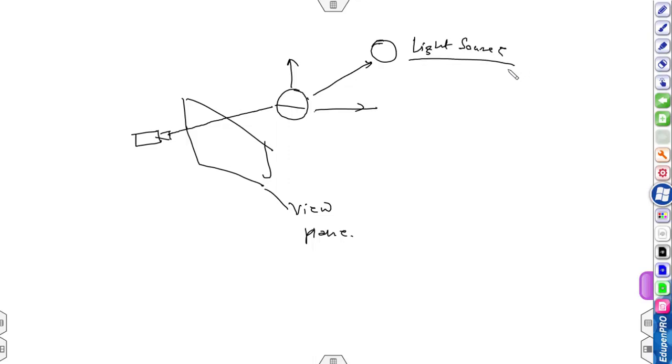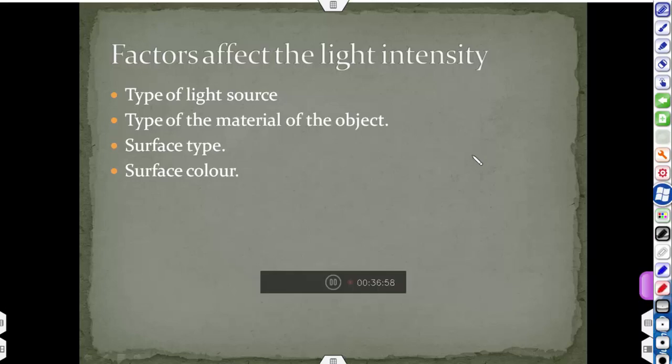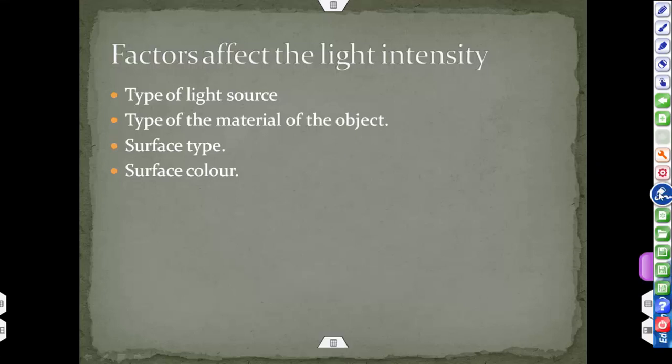So backward ray tracing is easy to implement. There are various factors which may affect the light intensity, as we have seen: the type of light source, which may be a directional light, spotlight, or point light; the type of material of the object, like wooden or glossy, where the effect will be different; surface type; and surface color. These are all factors which affect the light intensity.